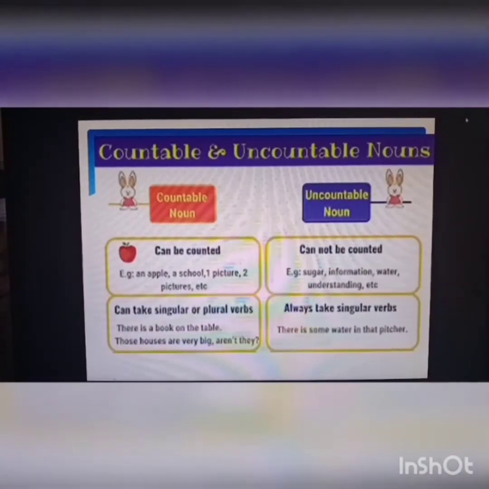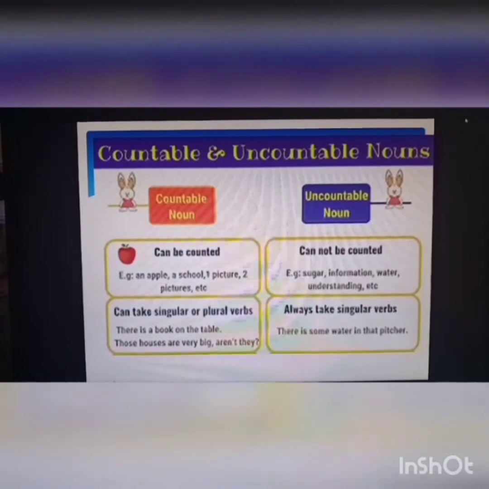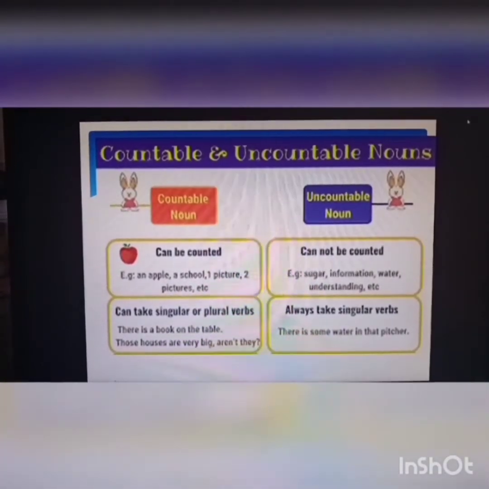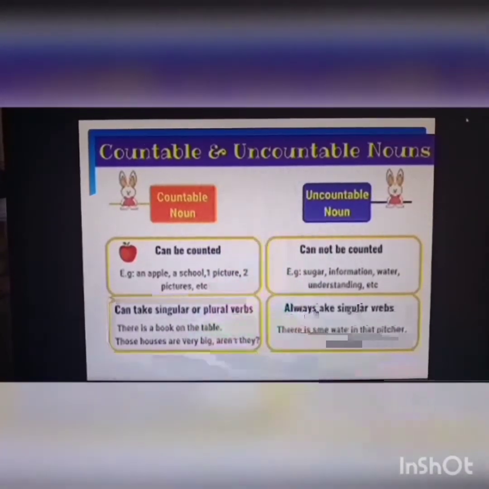Countable and uncountable nouns. Саналатын және саналмайтын зат есімдер. We can count countable nouns, and we can't count uncountable nouns.